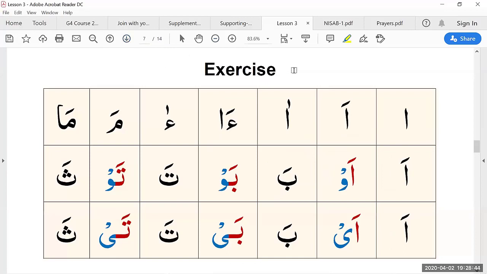So now I would like to request the ST to please pick a student. So for this exercise, L224. Yes. Assalamu alaikum. Walaikum assalam. So now that we have covered the rules, we are going to practice and apply the rule on this exercise. So I would like to request you to go through these one by one.